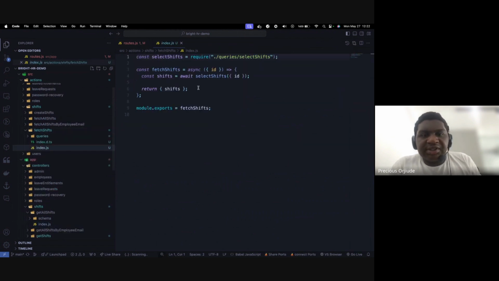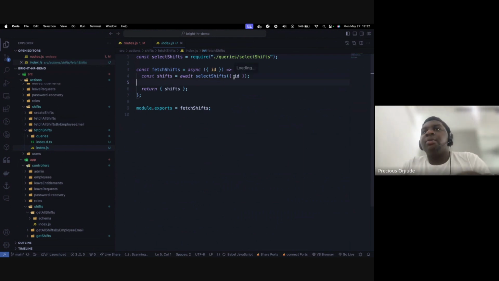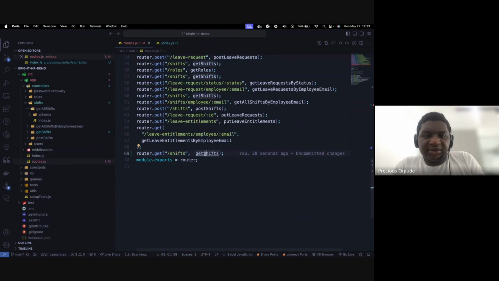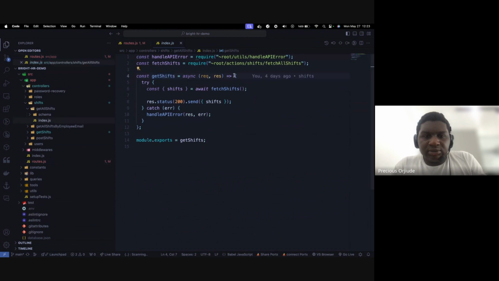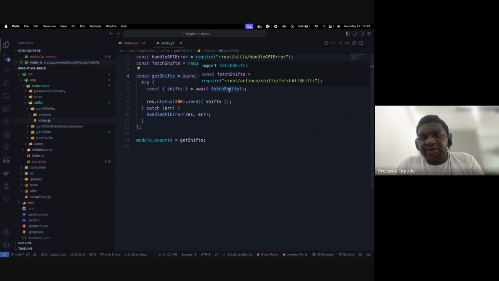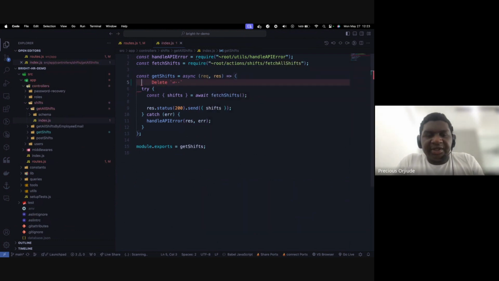Yes. So this is the first shift. So it's selecting the shifts and passing the ID. Remember, we added ID as our filter. So it's passing the ID. And where did you get the ID from? Let's go back to get shifts. Okay, so I see here that we haven't gotten the ID. So I can just pick up the ID from the params, okay? The const ID is equals to